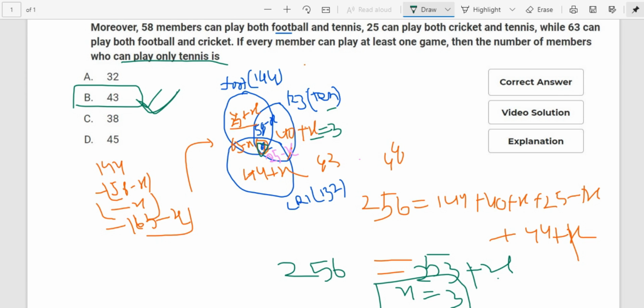The only thing you have to focus on is finding the value of this X, isn't it? And when you calculate more accurately and faster, then you will be able to solve this particular question